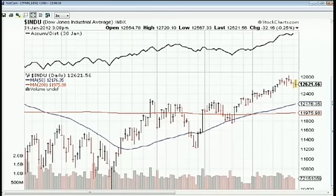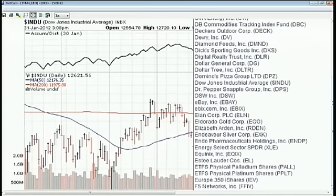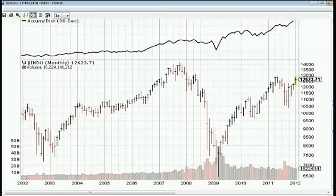And I wanted to show you a monthly chart of the Dow. When I do technical analysis, I use daily charts and weekly charts a lot, but I think that the story that the Dow's monthly chart is showing is really a pretty bullish one. So let's take a look at the Dow Jones Industrial Average. Now you should see a chart of the Dow Jones from a monthly perspective, and you can see the consolidation right here. To me, this looks like a bullish consolidation,